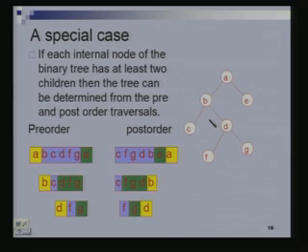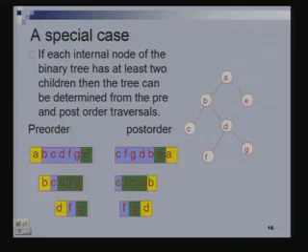More questions? Can we find how many binary trees we can get given only in-order, given only pre-order? Can you count the number of binary trees given only, let us say, a pre-order traversal? What do you think? Yes, sir. 2 to the power n minus 1. Why? Because at every point we can say it is on the left or it is on the right. Yeah, it's at least 2 to the power n minus 1, right?